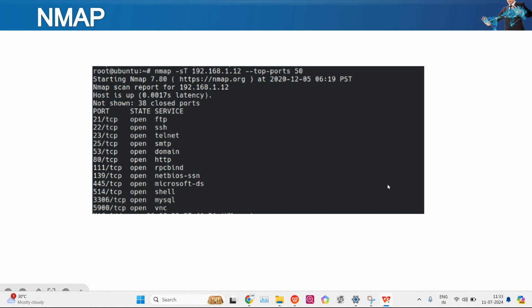If it scans the top ports, here we give the nmap scan, the targeted IP, and here we are using top ports 50. I didn't use any other option. If I give -p, it will show all the ports which are open. But here I used only 50 ports. I needed just the top 50 ports. Here it shows that